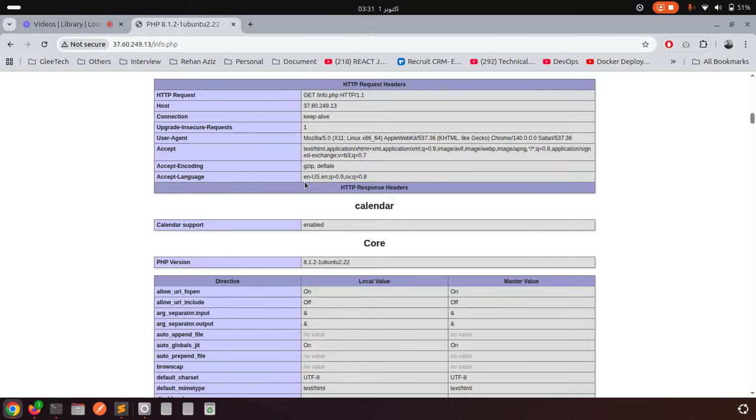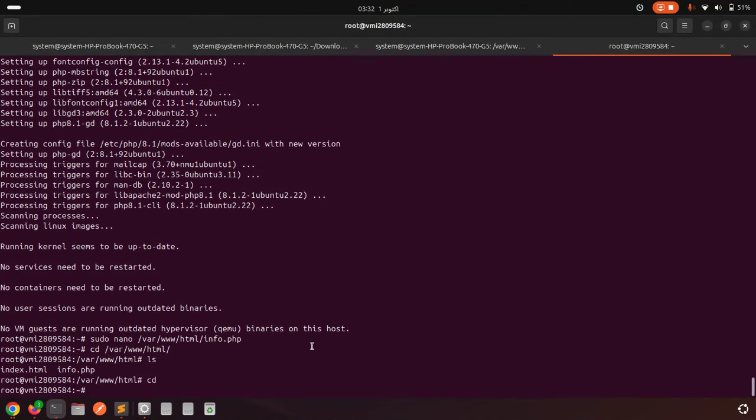Okay, the next step is I want to install phpMyAdmin. Why? Because to manage my MySQL database via browser, that is the user interface of MySQL, so it is easy for you to understand the database operations. First of all, go to your terminal, and now I want to update all the packages.